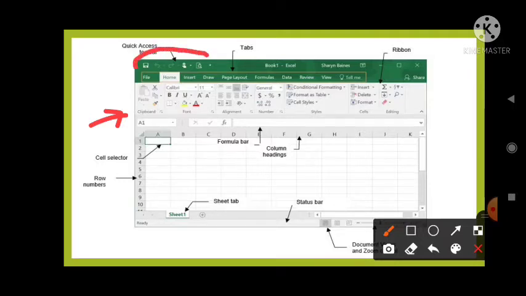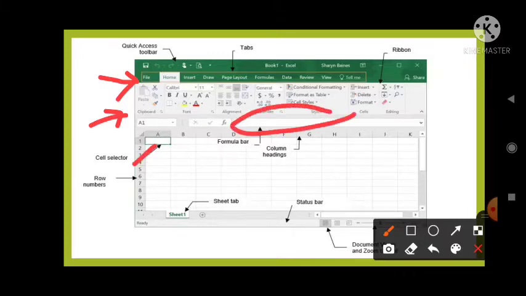This toolbar is known as the quick access toolbar. This is the tabs. This is the cell selector. The blank space here is the formula bar. This bar is the status bar that gives us the status of the document.